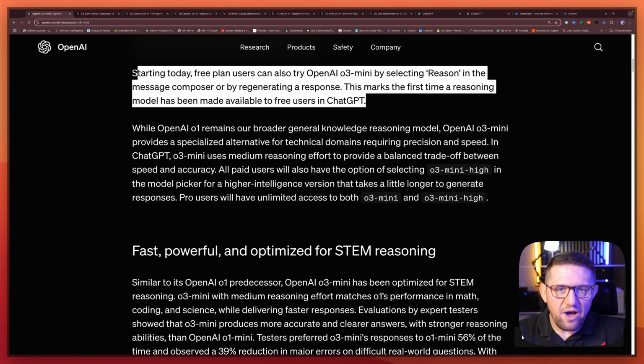I don't know how wise it is to offer things for free, because we've seen with DeepSeek, they said it's free, the news picked up on that, and now you barely can get an answer, especially when you select reasoning. I'm pretty sure, seeing this, OpenAI probably thought this through, so they have a plan to deal with all of the traffic trying to use that reasoning model through their free accounts on ChatGPT. Let's see how that goes.